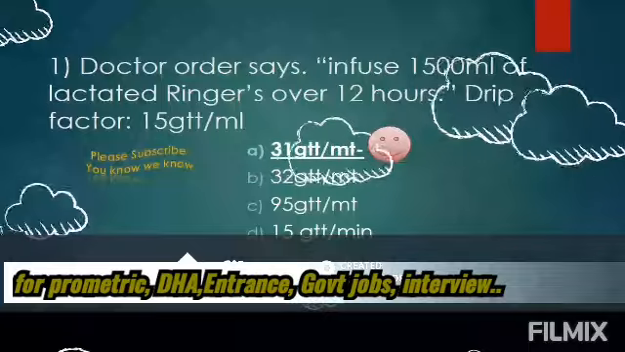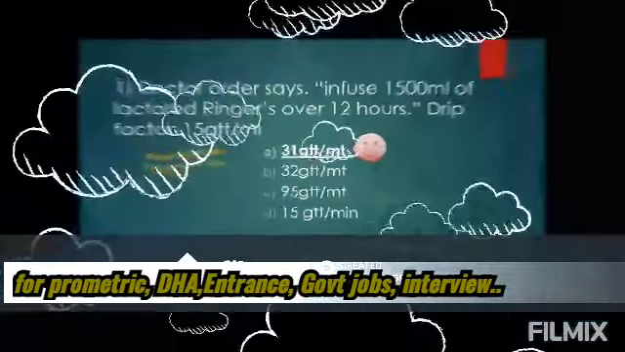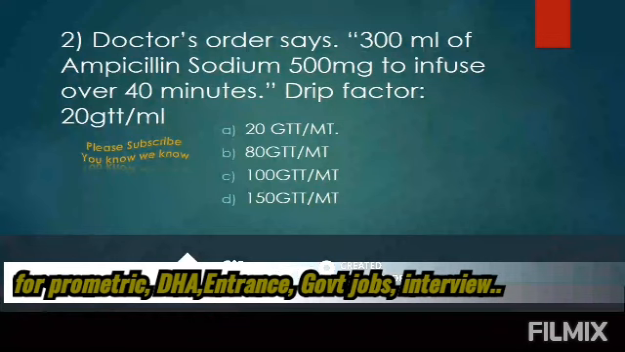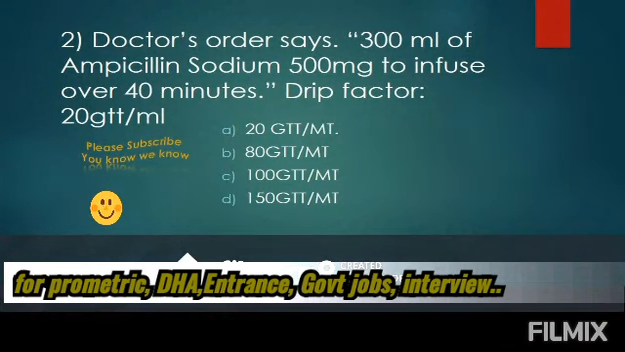Here comes the second question for today's video. Doctor orders 300 ml of ampicillin sodium 500 mg to infuse over 40 minutes. The drip factor or drop factor, which is one and the same, is 20 GTT per ml. So here, how are we going to apply the formula? We are going to focus only on the ml, the total volume. So first, the total IV fluid volume according to the drop factor formula is 300 ml, to be divided by